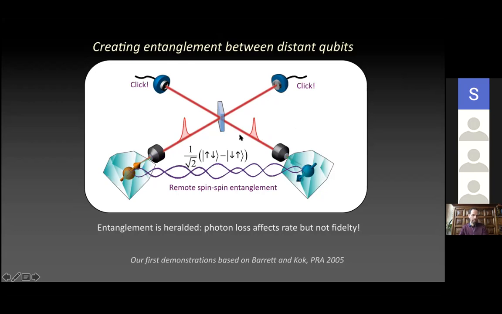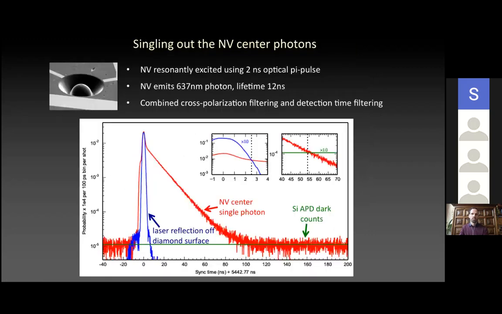But of course, we typically have a lot of photon loss. But the beauty is that the entanglement is heralded by these photon clicks. So many times you try to make entanglement, a photon will get lost, or maybe it's not even emitted at all. But those cases you can just disregard because you did not get the heralding signal. But when you get the heralding signal, in this case the 2 clicks, you can have very high confidence that there were indeed 2 photons and that the spin states afterwards are indeed entangled.